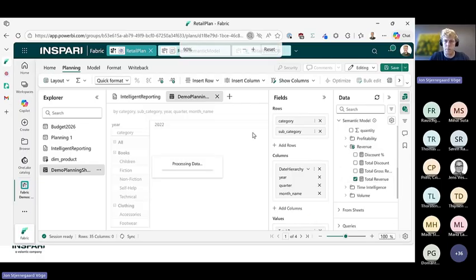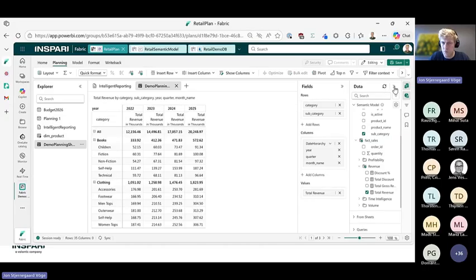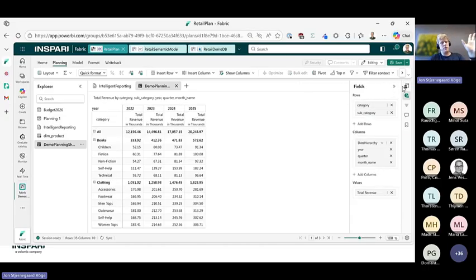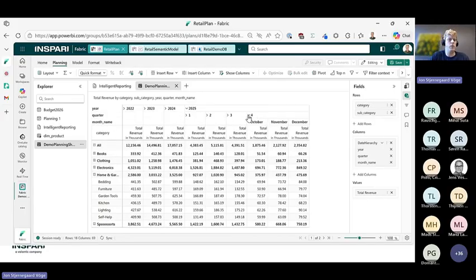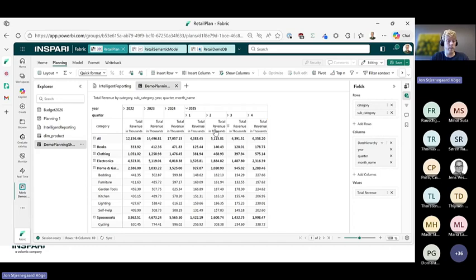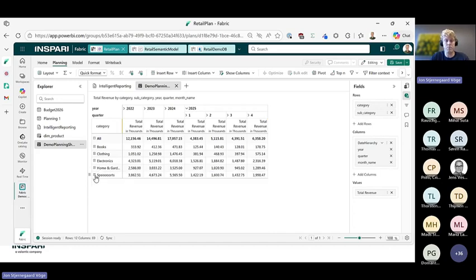And let me just zoom out a little bit. I'm realizing I'm on a machine with a horrible resolution here, and you can see it just right off the bat, it builds me a pretty standard matrix visual here, right? I can collapse these, expand these to get totals, see things on a quarter or month basis, and it works pretty neatly, I think, just right off the bat.